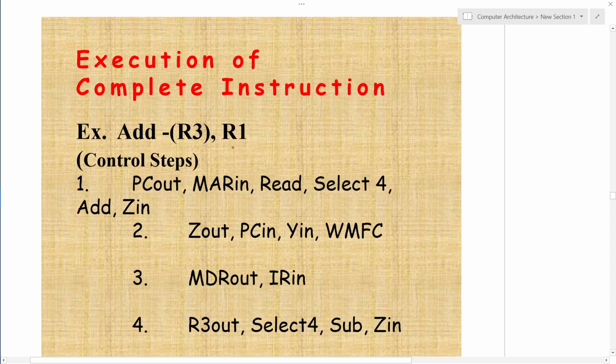That means if R3 shows a particular value, that value is decremented first, then the decremented value is a memory location. Now the content in that location is added to the register R1 and placed in the register R1.